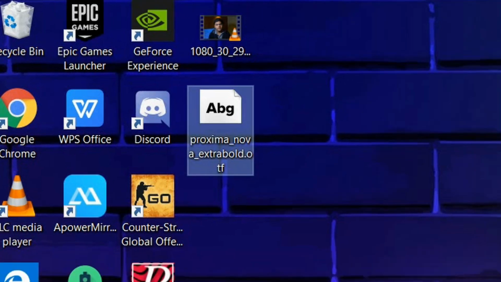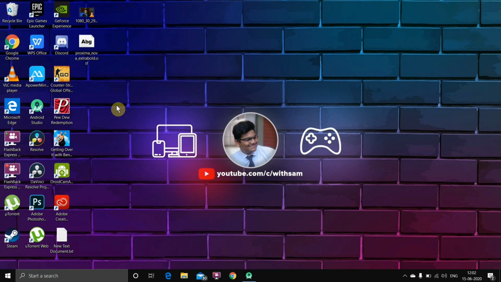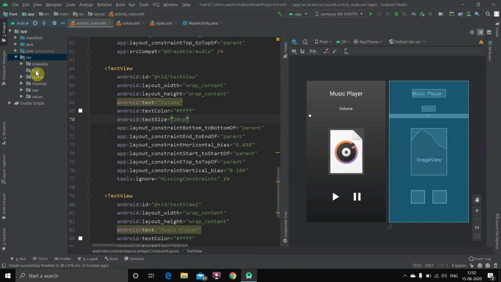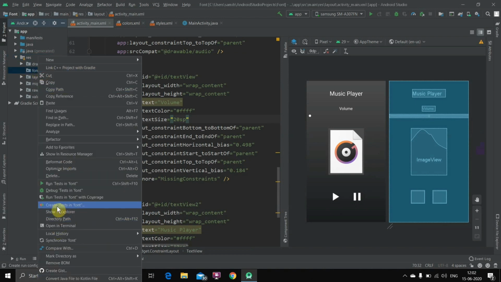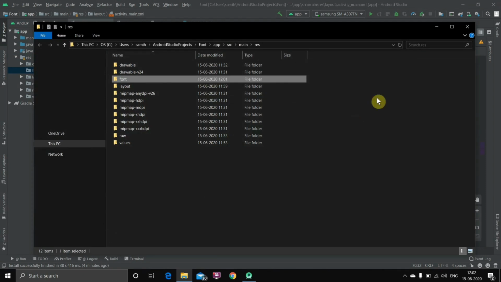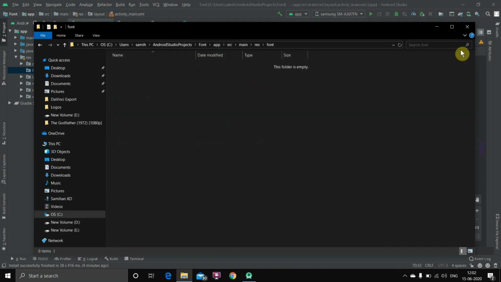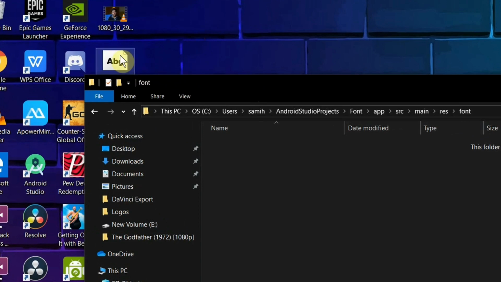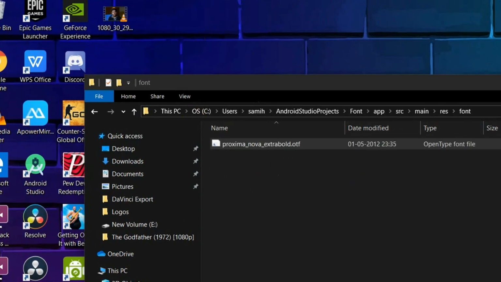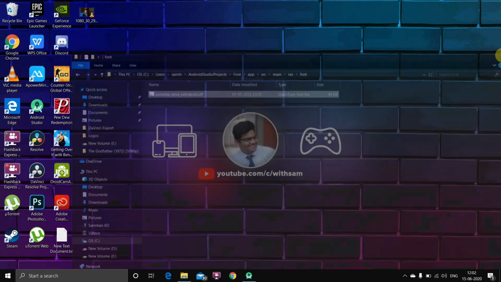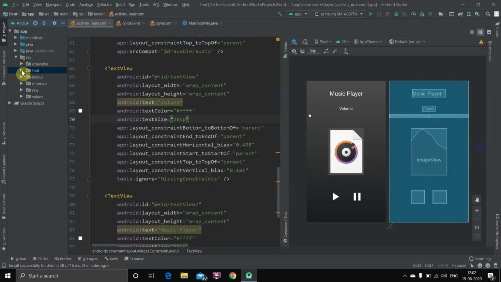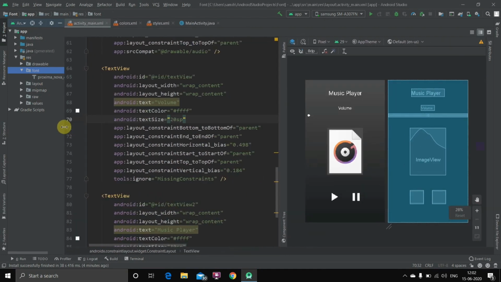Done. Now if you ask me whether OTF will work or TTF will work as the extension, no problem, both of them will work. So I'll just take this one. Now we'll have to take this inside the application, right? So one thing is you can drag and drop it directly here, or you can just click show in Explorer, go to font and then minimize this, keep it like this and just drag and drop it here. Alright, and then we'll just close this thing. Now if you check here, see the font is inside the application. I'll just show it like this. Alright, now the font is here.